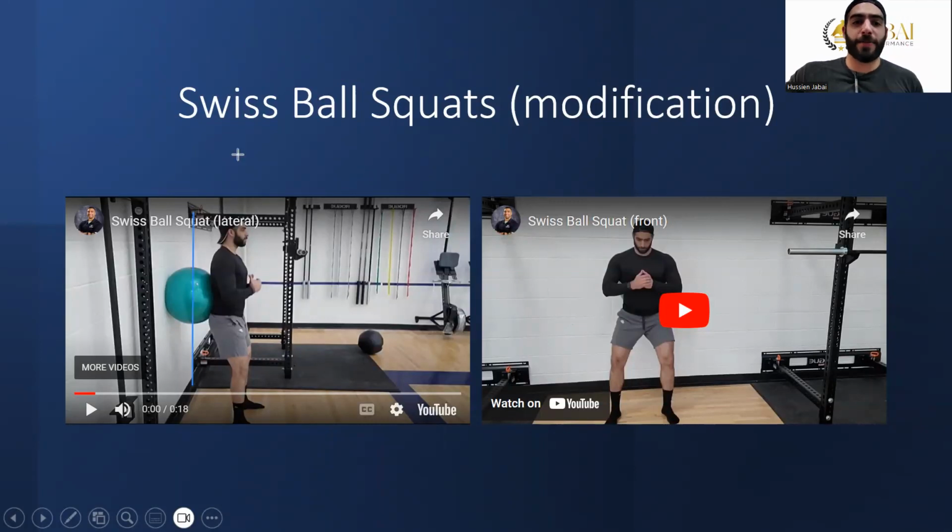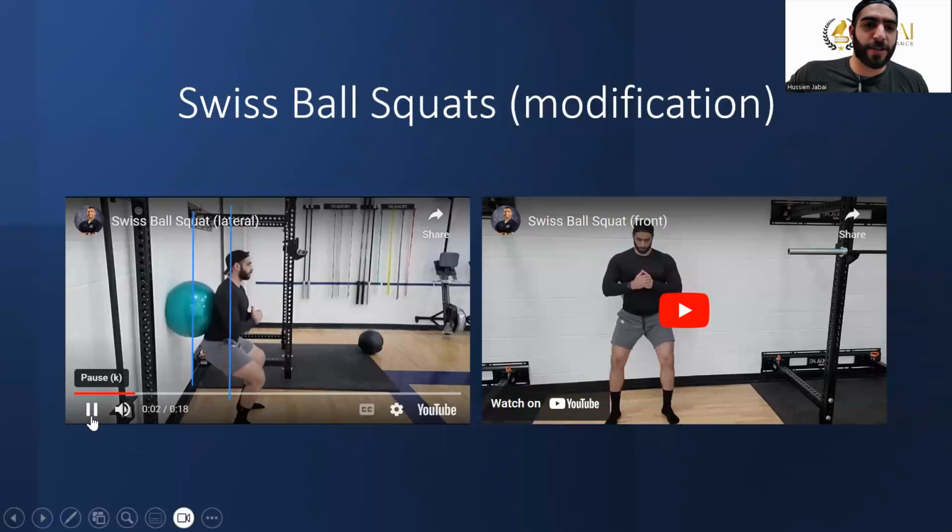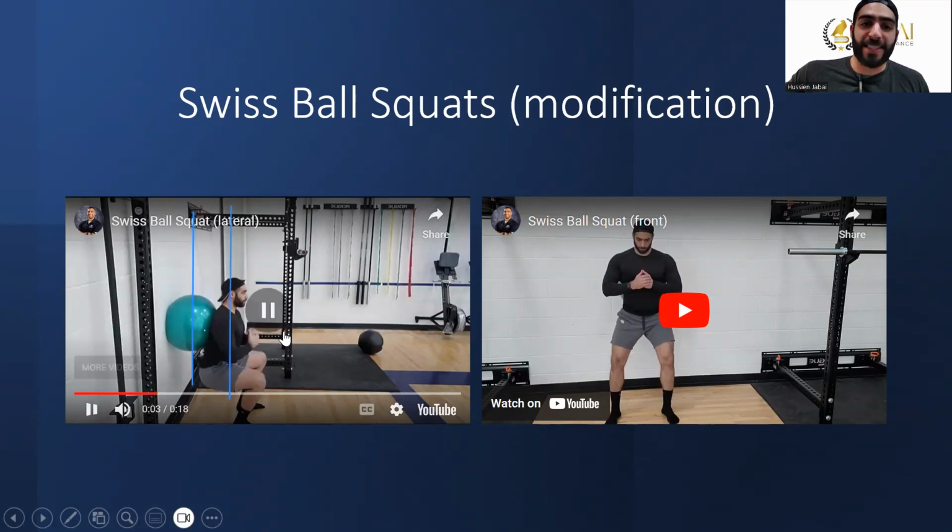I am in a fixed position here with this Swiss ball, right? So again, because I'm not pushing back, I'm not hinging, I'm not loading the hamstrings, I'm not loading the glutes, we are dominantly quadriceps here, right? I'm utilizing a lot of the front of my leg because I don't have to push my hips backwards. As I'm going through this movement, I'm sinking straight down. You'll notice a little bit of hips backwards just because I clear the Swiss ball, but